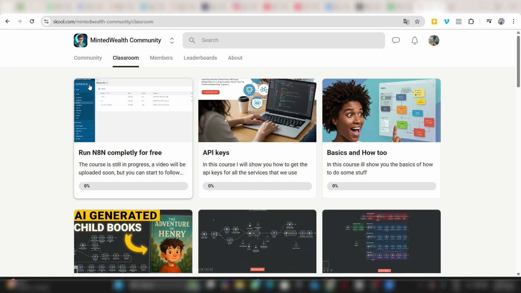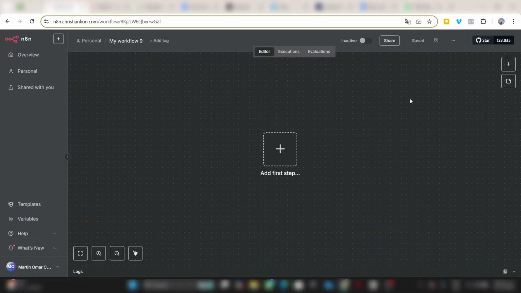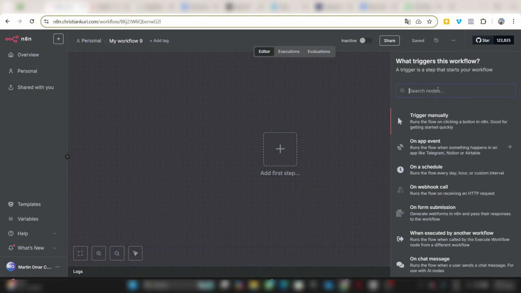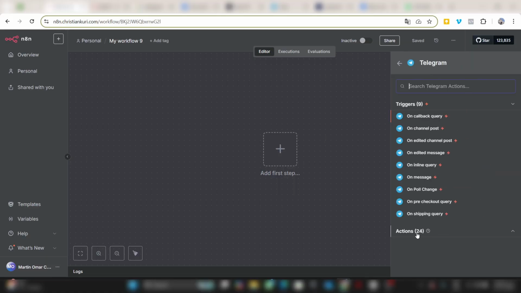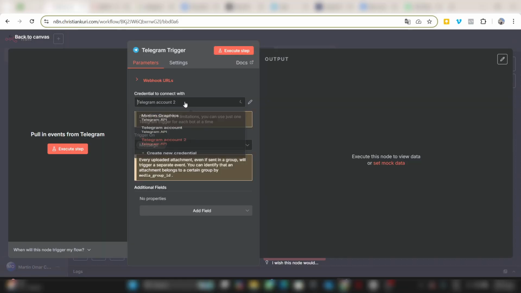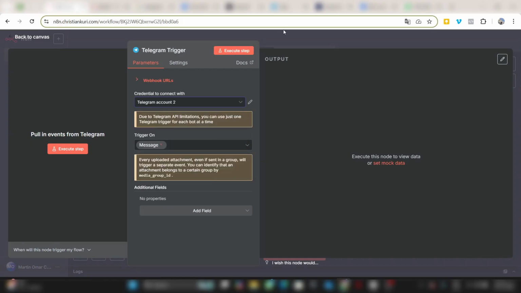Let's get started. To start your workflow, the first step would be to activate it through a message on Telegram. For that, we come and look for the Telegram node. Let's go to Triggers and select it. Here we need to set up our credentials. I already have the credentials that I am going to use configured, but if you have doubts about how to